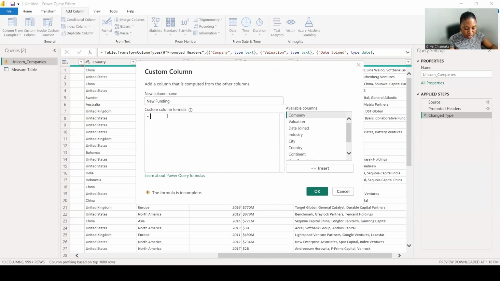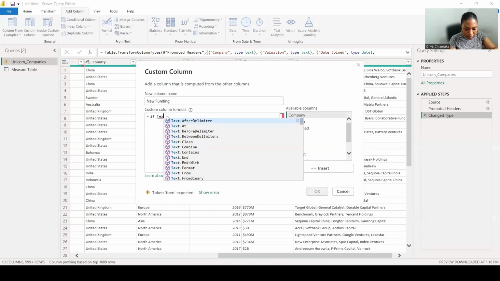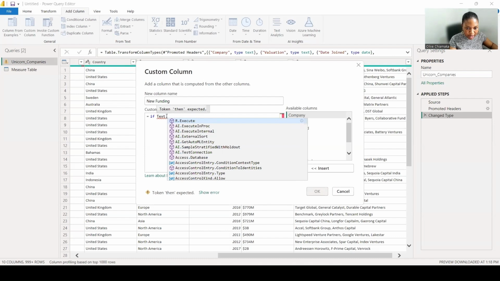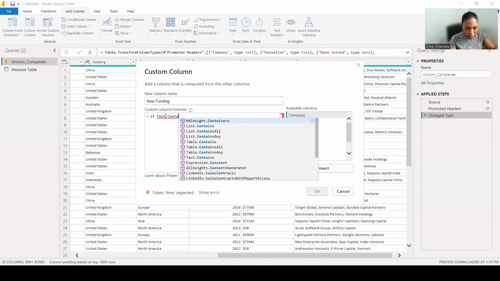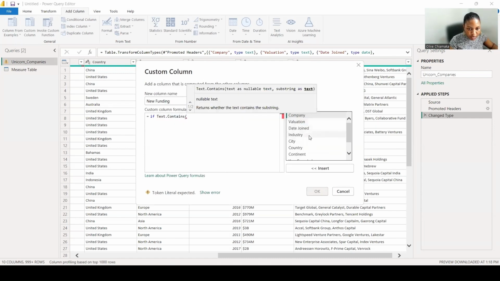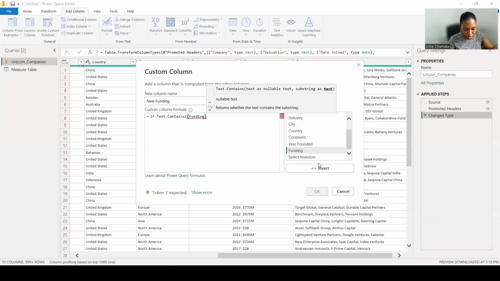Here, what we want to say is, equals if Text.Contains our funding. So if this contains text, and the text in it would have B, signifying the billion, then